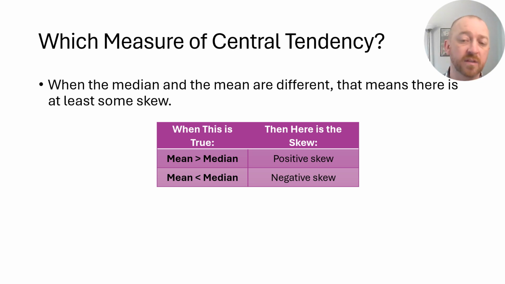If the mean is larger than the median, that means that it is a positive skew by definition. And again, that's because the mean is stretched farther or higher. Its value increases due to those extreme scores in that positive end of the distribution. Therefore, if the mean is larger than the median, there is a positive skew by definition. If the mean is lower than the median, however, that of course means that there is a negative skew for the same reasons, just the opposite explanation.